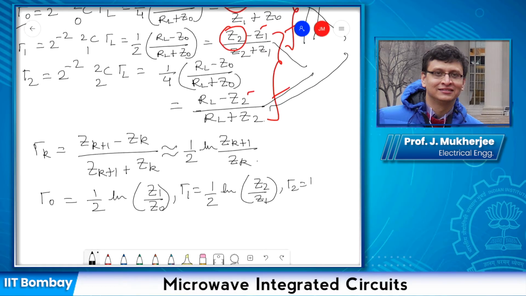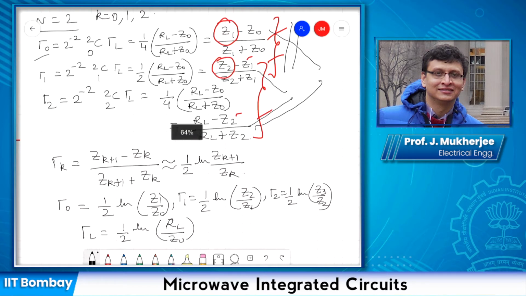becomes half ln Z3 over Z2, and finally gamma L becomes half ln RL over Z0. Okay, if we go back to these equations,